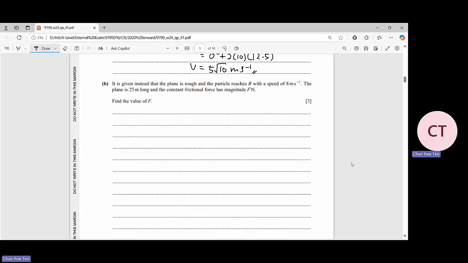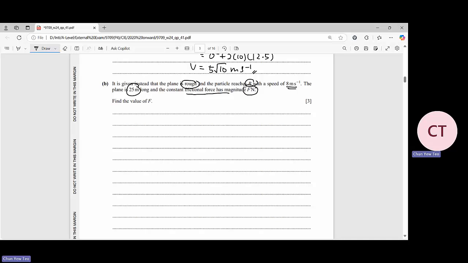In part B, it is given instead that the plane is rough. Just now it was smooth, now it's rough. The particle reaches B with a speed of 8 meter per second, the plane is 25 meter long, and the constant frictional force has a magnitude of F. Find the value of F. For this question, it does not require you to use the energy method anymore. Of course, if you want to use the energy method, you still can. But over here, I do not plan to use